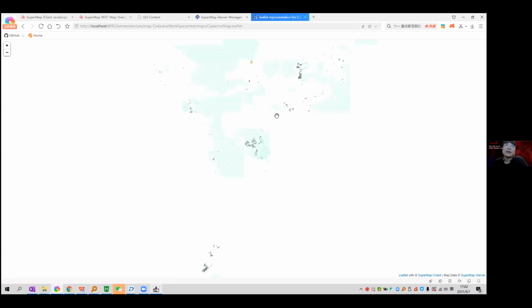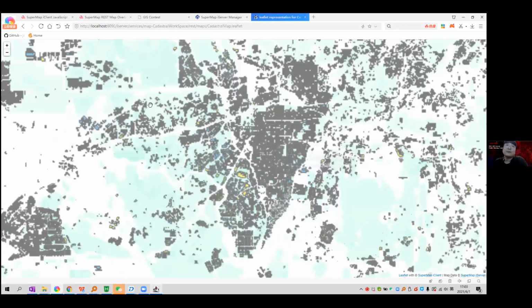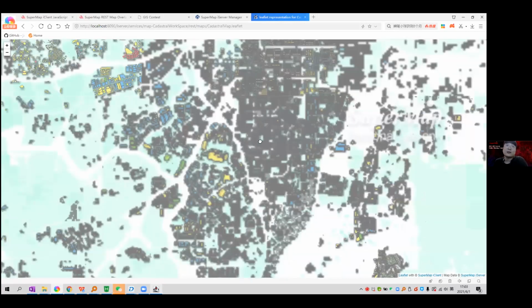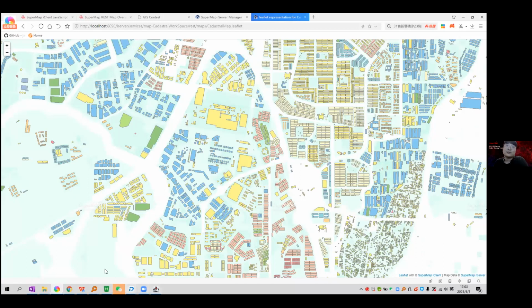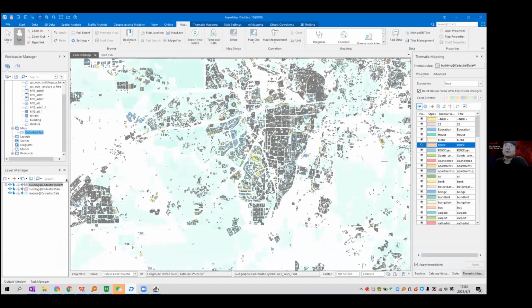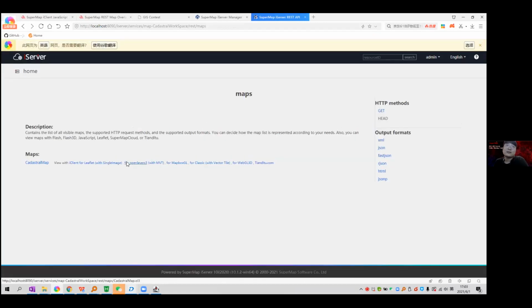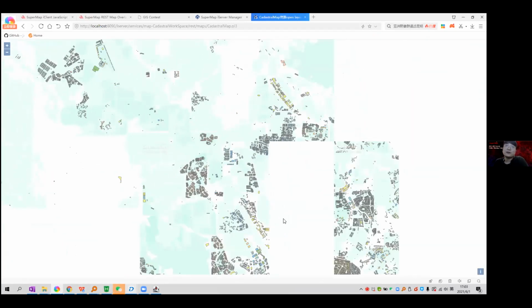Yeah, we can say we already can preview the map on the web browser. This is exactly what we did just now. It's totally the same as what is shown in the iDesktop. Okay, and this is a map service. It's the same for OpenLayers. It also will show the map here,